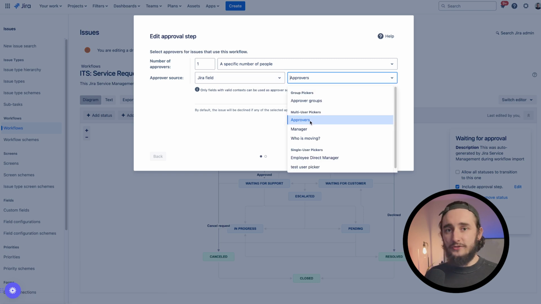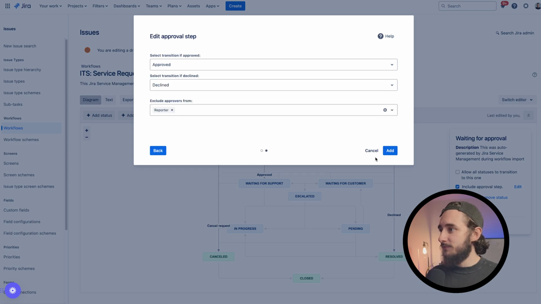And in this case, it's just an approver field, but it could really be any custom field or system field within Jira. I'll click next. And then we select what happens when a transition is approved versus declined. So if it's approved, it's going to go to the approved status. If it's declined, it's going to go to the declined status. And we're excluding the reporter from approving just in case that the reporter somehow ends up being the approver as well. Once you define your settings and add those in,